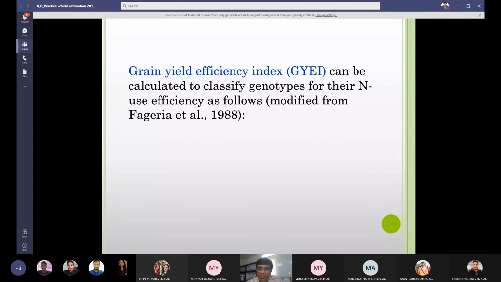So a cultivar or a variety or a plant which can give you more yield under nutrient deficiency conditions will be a nutrient use efficient genotype. That is how you can define a nutrient use efficient genotype. Particularly in case of nitrogen, people have a lot of controversy about which genotype should be called nitrogen use efficient. Is it the genotype which has more leaf area index that will be considered nitrogen use efficient?